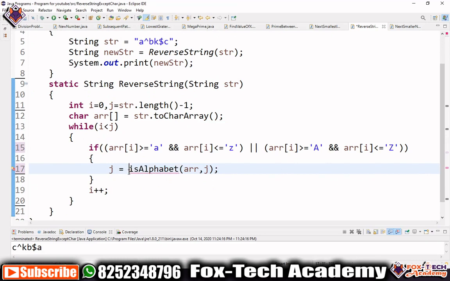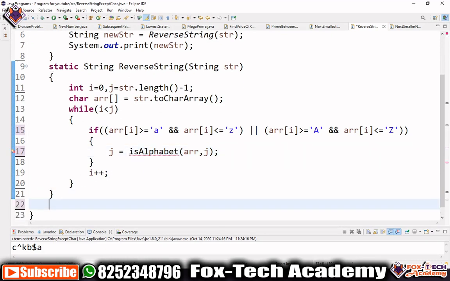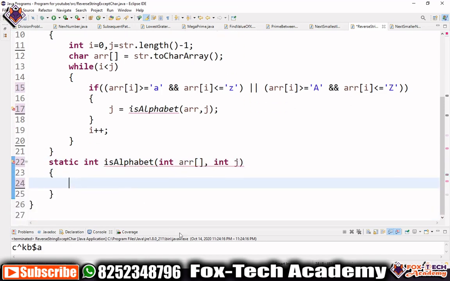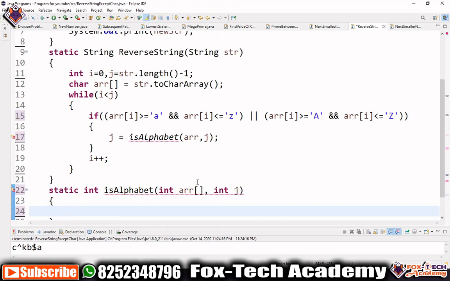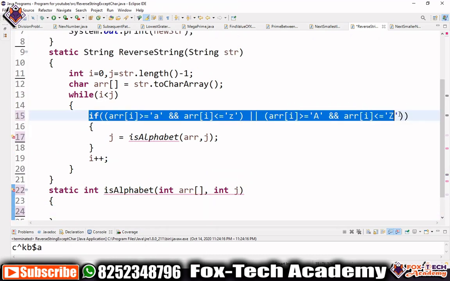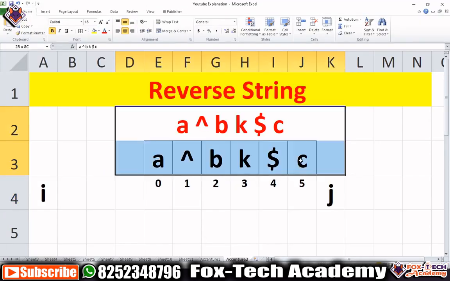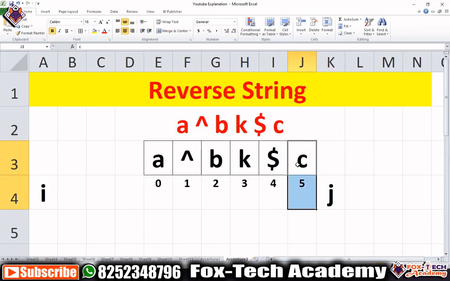This function is going to return an integer value, so we need to create a static int function, and this function is going to receive an array, so we will write array and int j. What we will do here is the same thing. In this function, we also check if this particular character is an alphabet, then we will return the same index.